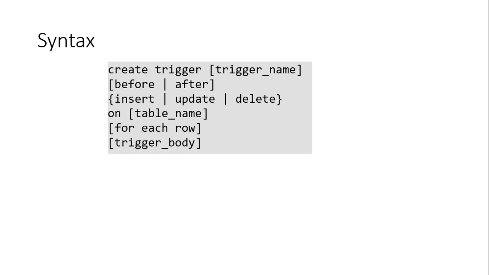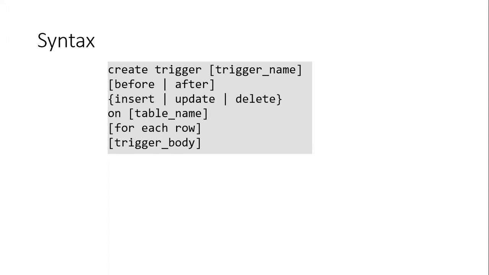Then we will write on, and after on, we will write the table name over which we are performing the manipulation operation. Next, we need to choose whether we want to call a trigger for each row or not.